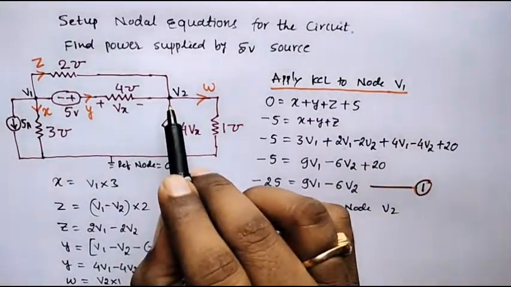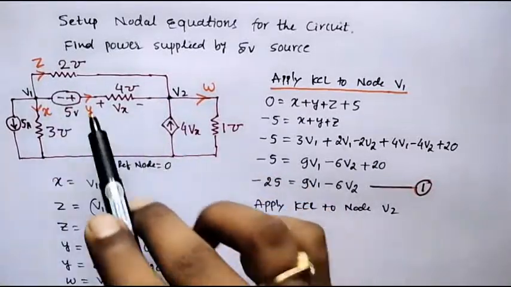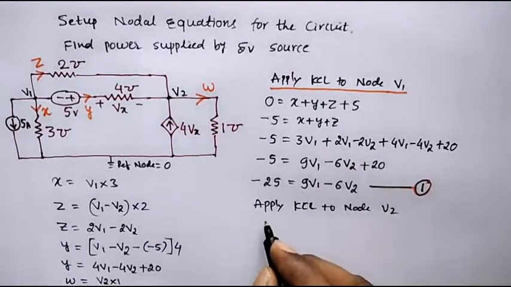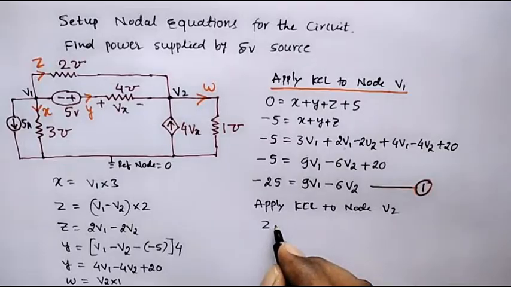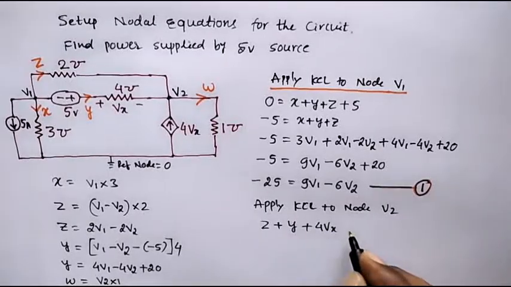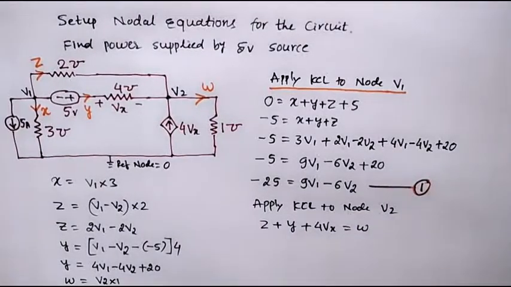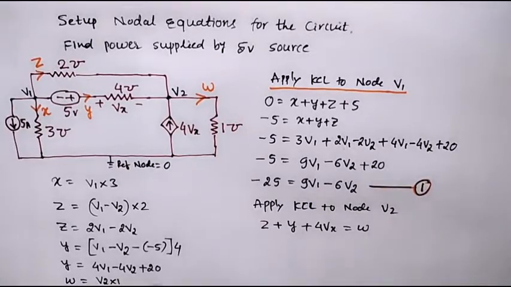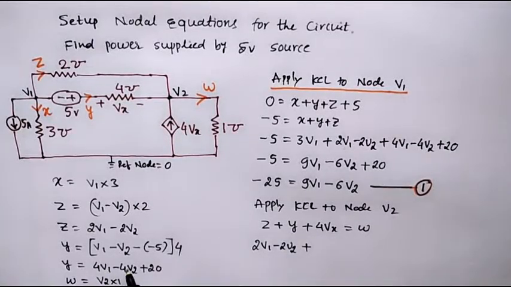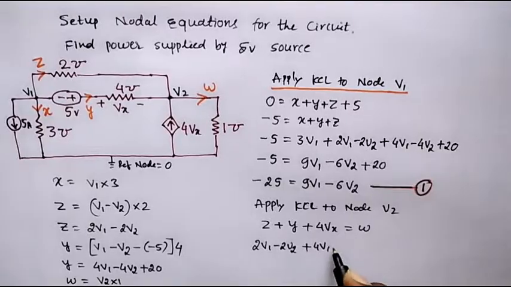So at node V2, current Z is incoming, Y is incoming, 4Vx current is incoming, where W is outgoing. Therefore, I can write Z plus Y plus 4Vx is equal to W. So Z is nothing but 2V1 minus 2V2 plus Y is nothing but 4V1 minus 4V2 plus 20